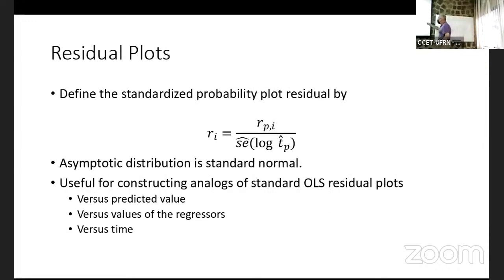So we standardize them in that fashion. And then I can come up with all sorts of analogs. But ultimately then what we're doing is we're not comparing relative to the curved band. This is taking the curve into account. And now I get plots that are easier to interpret. And I will illustrate. These are the real residual plots for the data that we examined. Okay? So next slide.